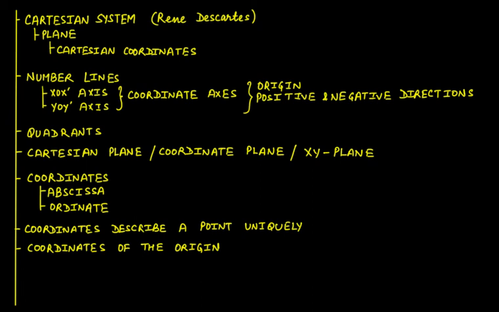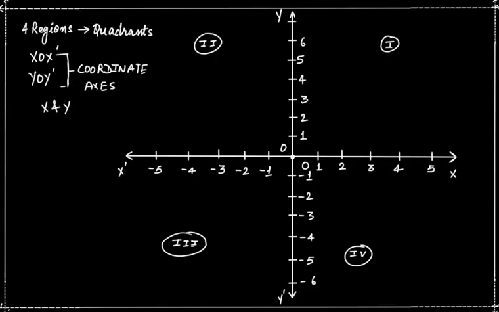Okay. So now, if you look at this region, that is region 1. In this region 1, all the numbers on OX are positive, all the numbers on OY are positive. So this OX is positive, this OY is positive direction. On the other hand, if you look at OX dash, it is negative and OY dash is negative. So we have two positive directions, OX and OY, and we have two negative directions, OX dash and OY dash,